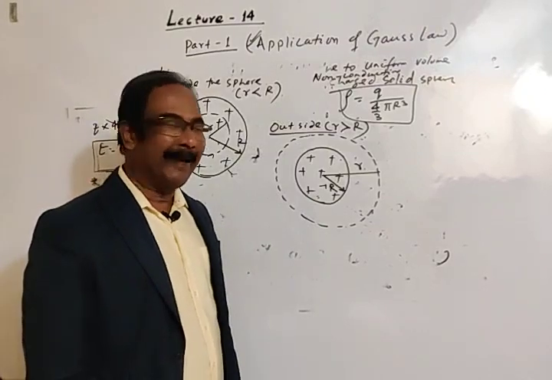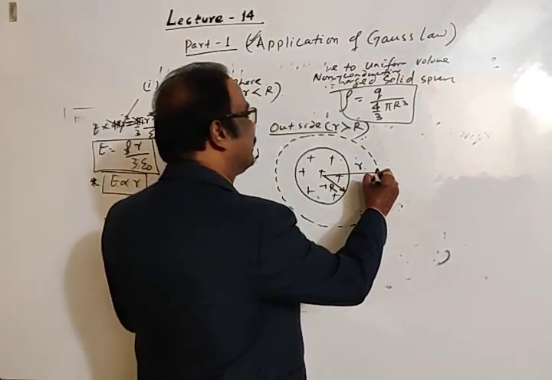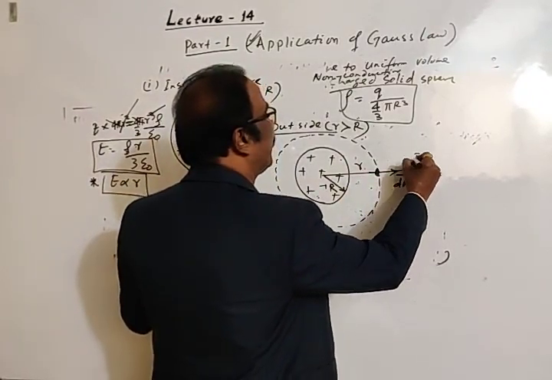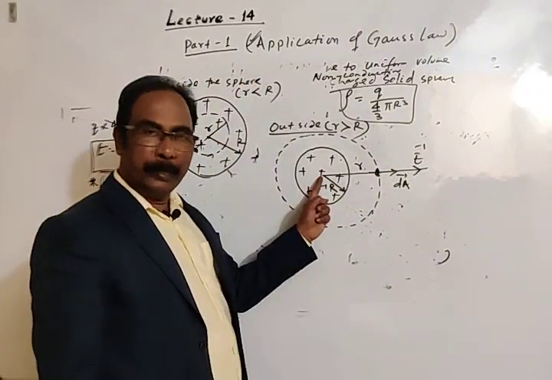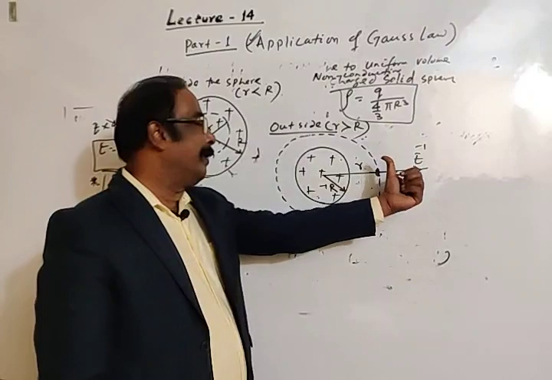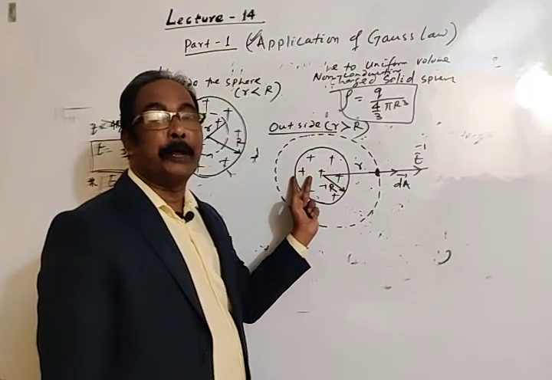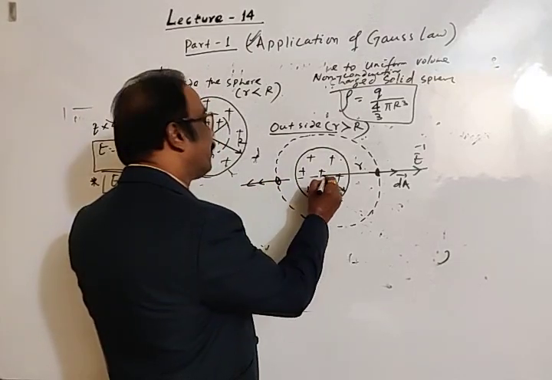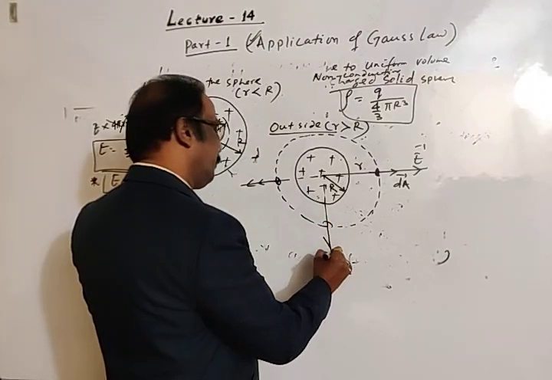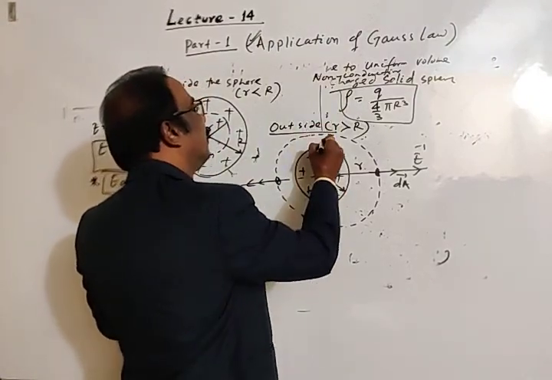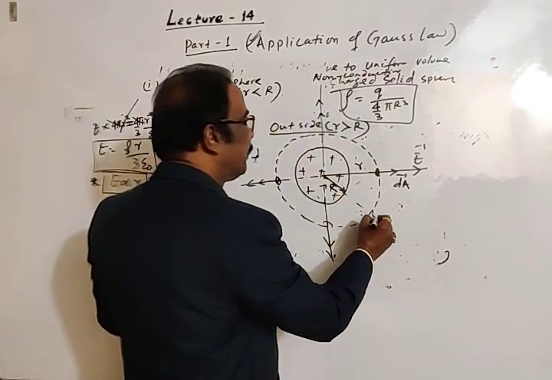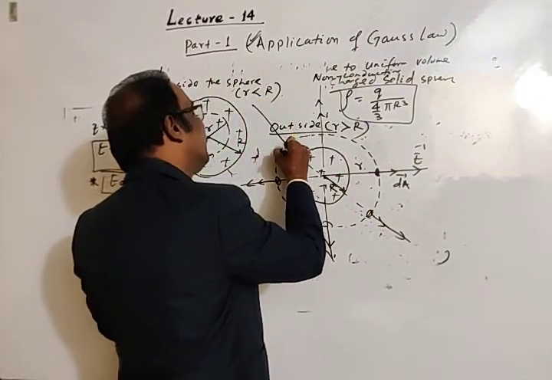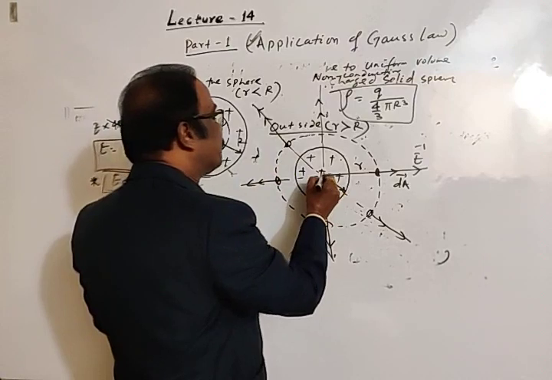greater than capital R. Again, imagine here an elemental area. The direction of the elemental area is radially outward. Also the electric field is in the radially outward direction due to positive charge. The electric field would be in the radially inward direction if the charge were negative. Similarly, you may take a number of elemental areas, dA with electric field, and so on, but you should take them symmetrically, since the electric field lines are symmetric.